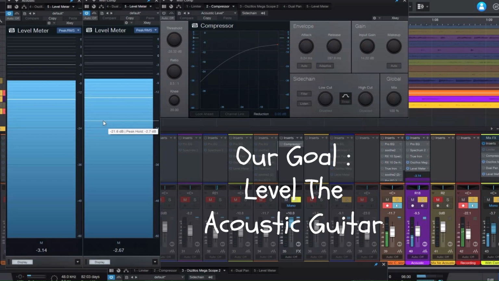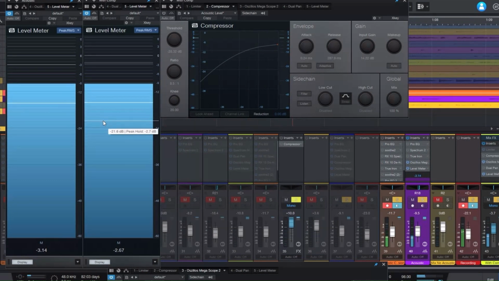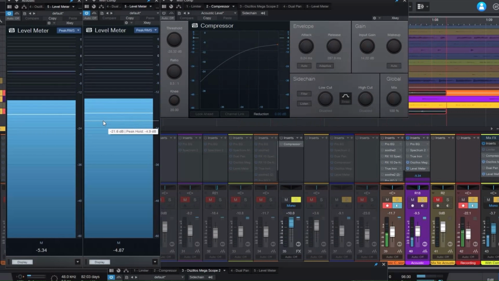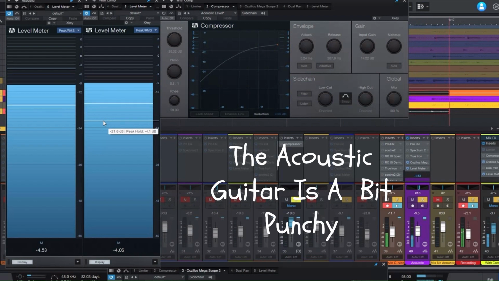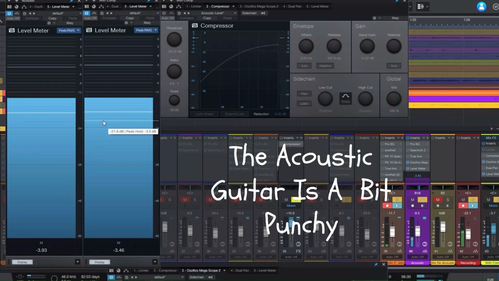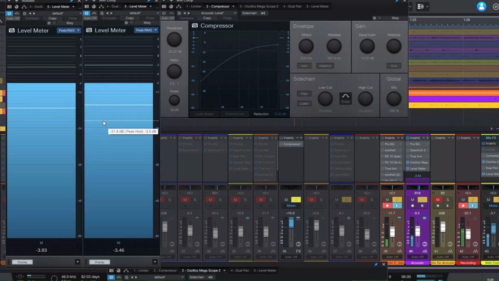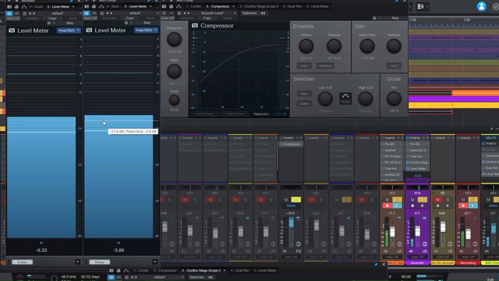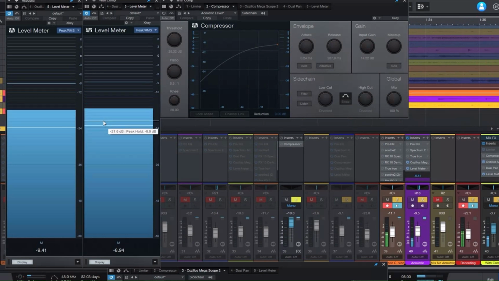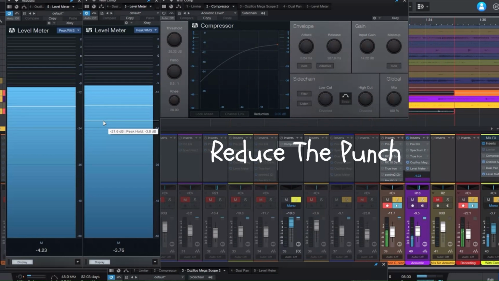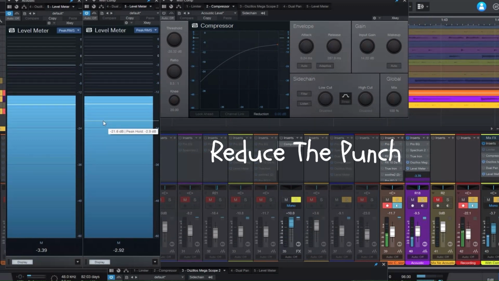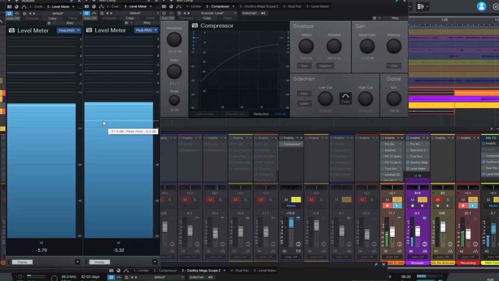And when you listen to this, you'll hear that even though this is a rhythm guitar for all practical purposes, it's also sort of following along with a melodic piece that goes dee dee dee dee dee dee, hear that sort of a thing. But nonetheless, in the last exercise, we wanted to make the electric guitar a little more punchy, a little more spiky. And in this instance, we're going to try to do the opposite. Reduce the punchiness of the acoustic and make it sit down and sit in a mix a little more mildly,